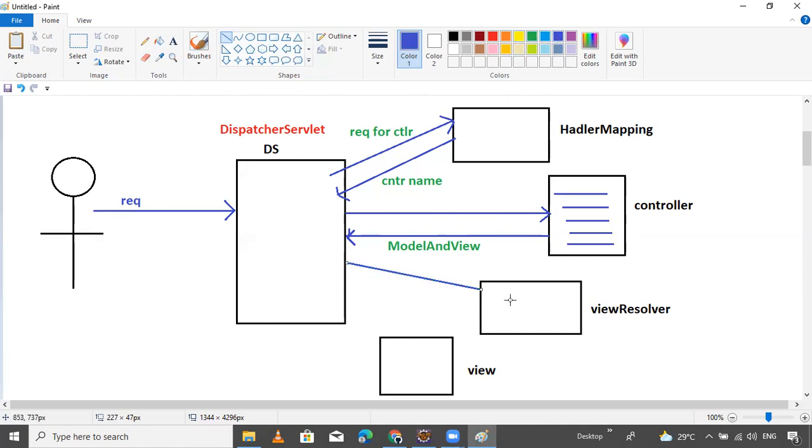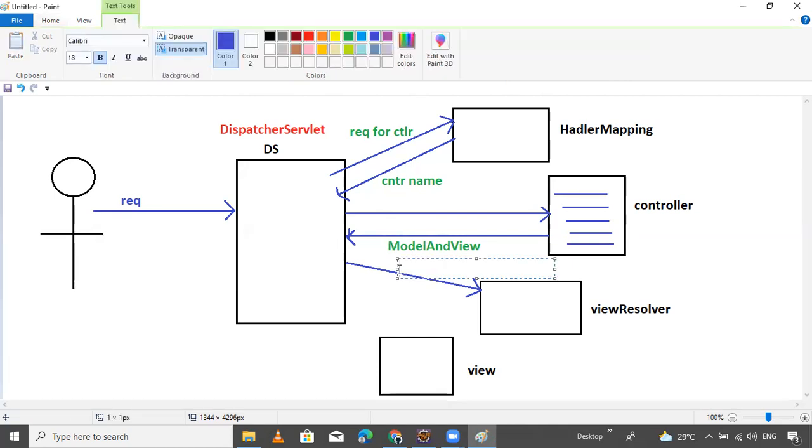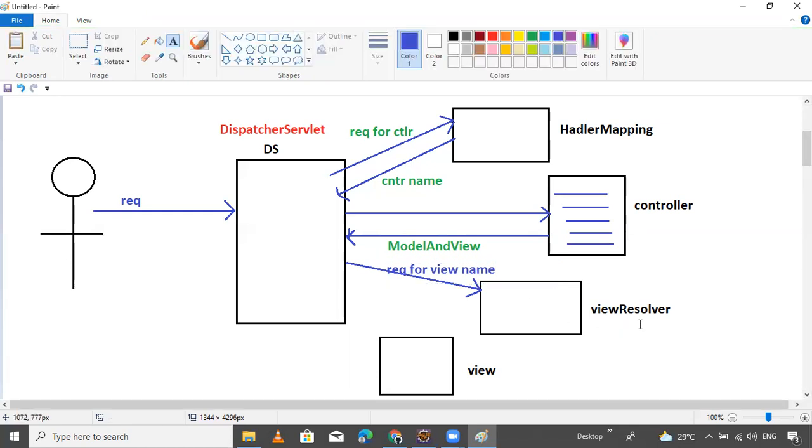On the basis of the request for the view name, it interacts with the view resolver.